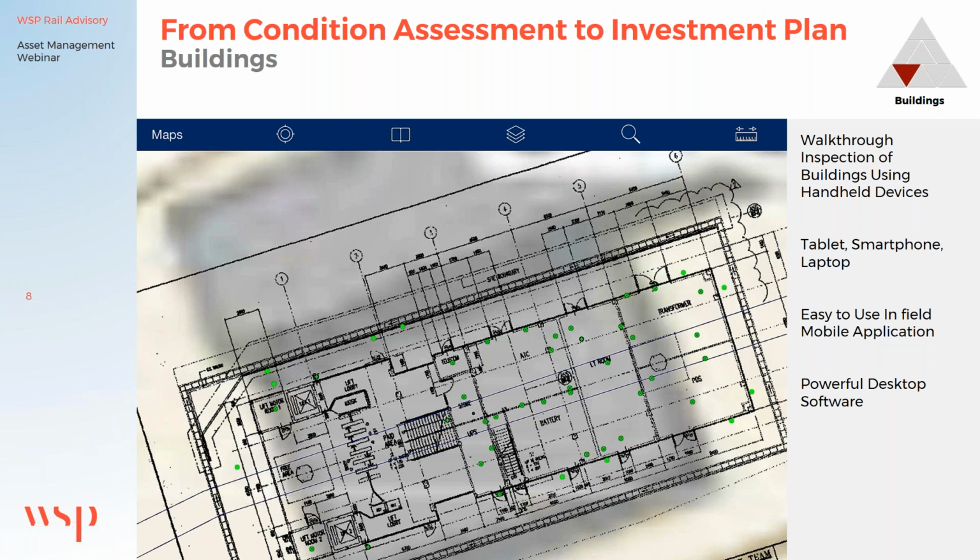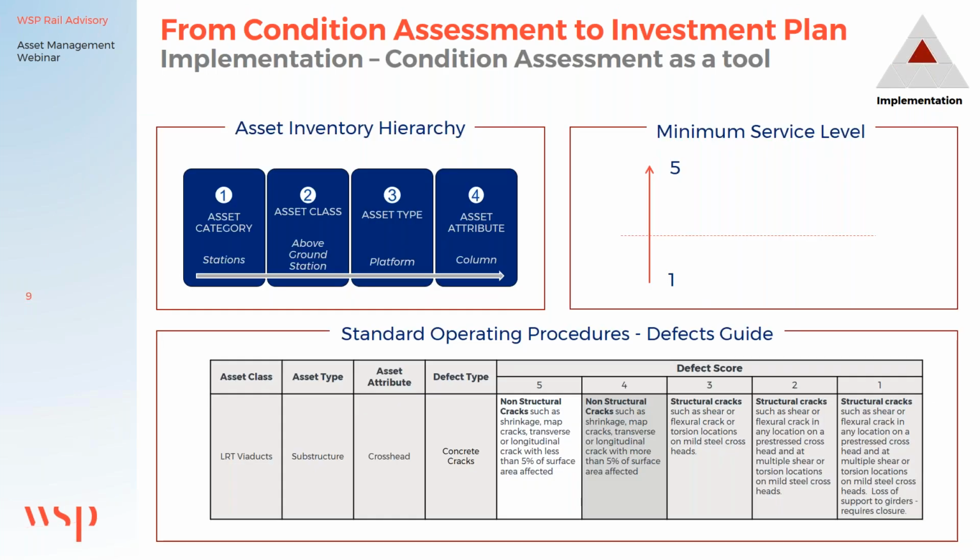The next part, we will move up in our pyramid to see basically what's the next step. So once we collected all this huge amount of data, how did we go from this to a condition assessment? The first step is what we call the asset inventory hierarchy. As you probably already know, every client has its own hierarchy, which can consist of many levels. Some clients have 5 levels, 9 levels,